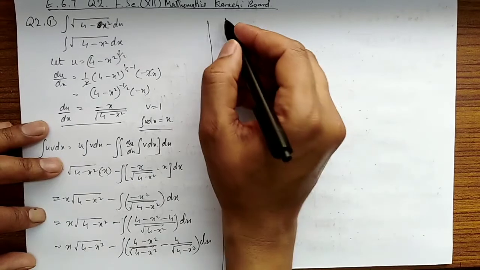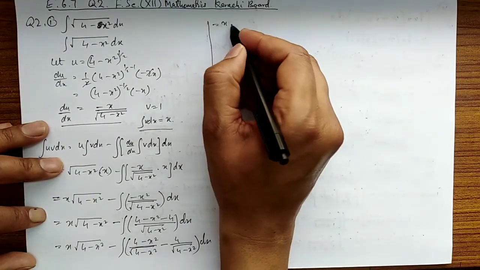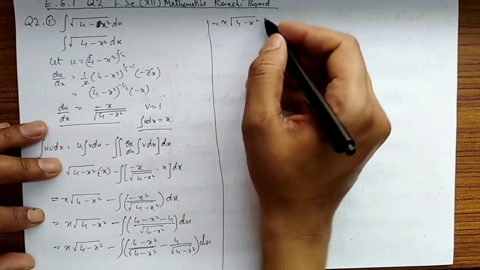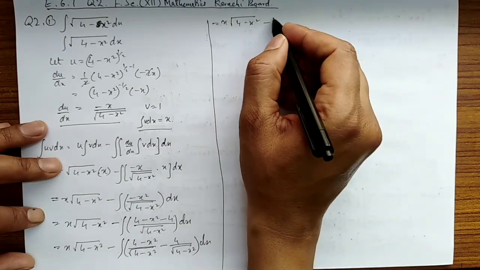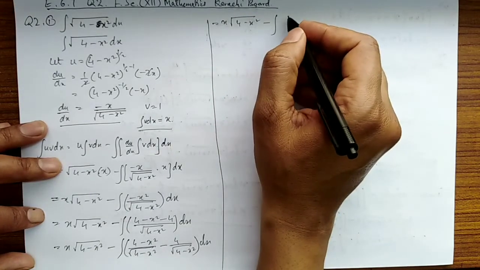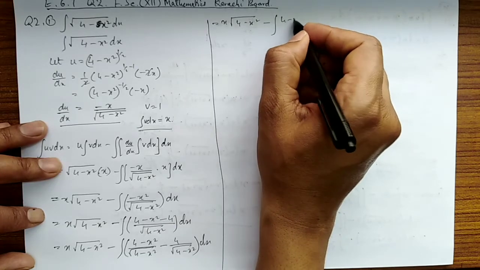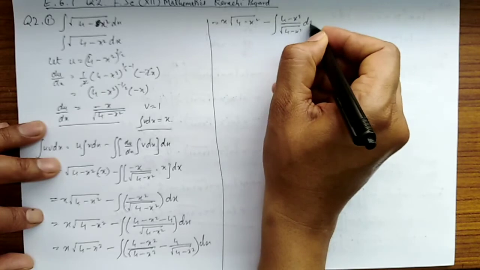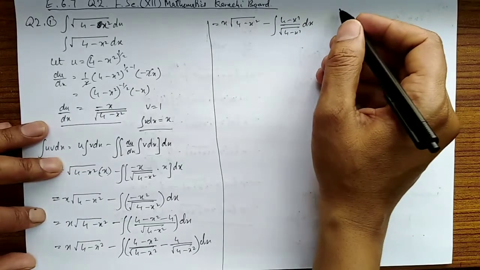So further we can write this as x root of 4 minus x square minus integral of 4 minus x square upon root of 4 minus x square dx,